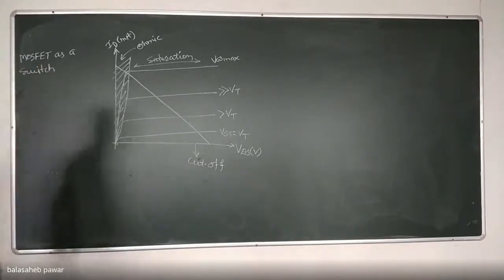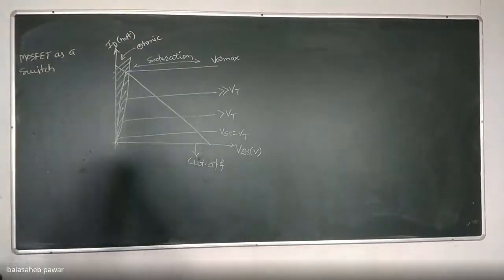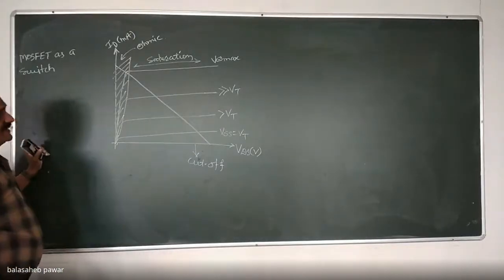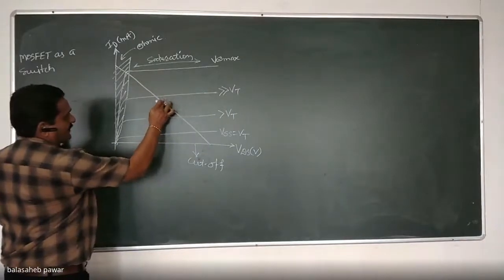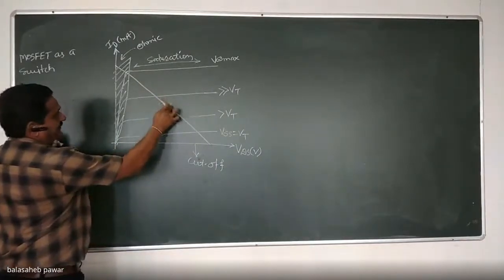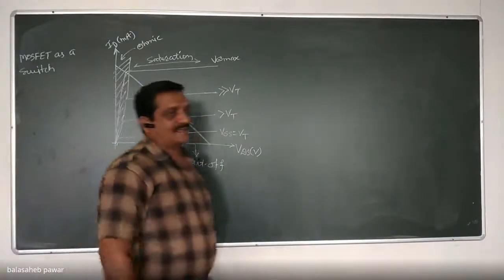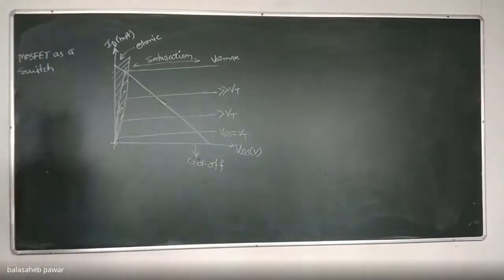Okay, so this is the topic. Whenever we are studying the MOSFET as an amplifier, I told you the operating point of that MOSFET should be at the center of the load line. That means whenever it is to be used as an amplifier, the operating point should be selected in which region out of these three? Ohmic or saturation or cutoff? Which one? MOSFET as an amplifier.